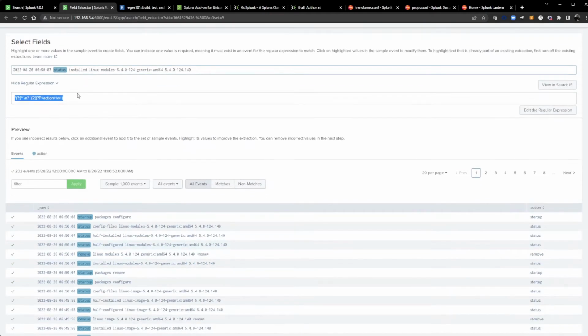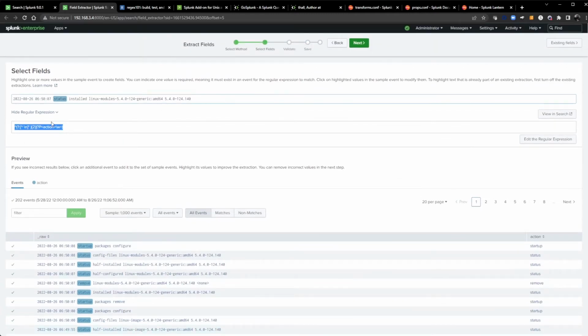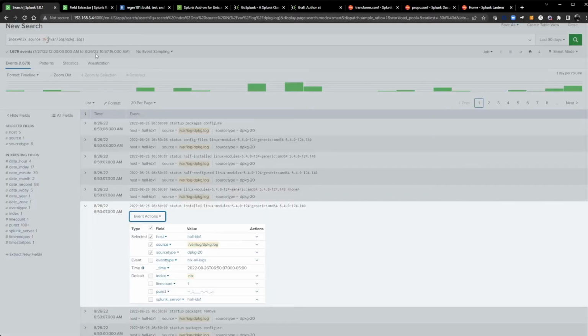But I don't want just status, because I want half installed and half configured. We can also take the side note. You can take whatever regular expression Splunk has built here and test it. There are two different ways. We can click view and search, which will open up another search and have it there. But I like to just go back to my original search